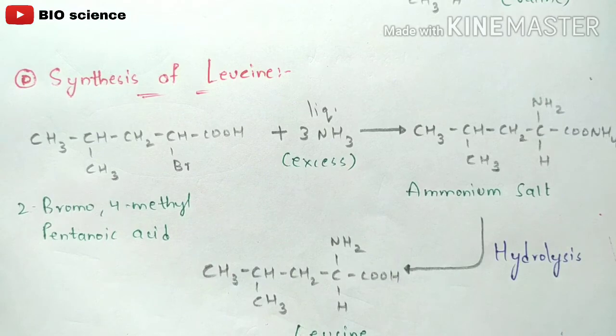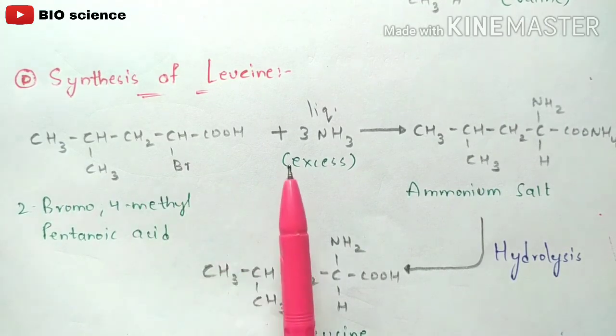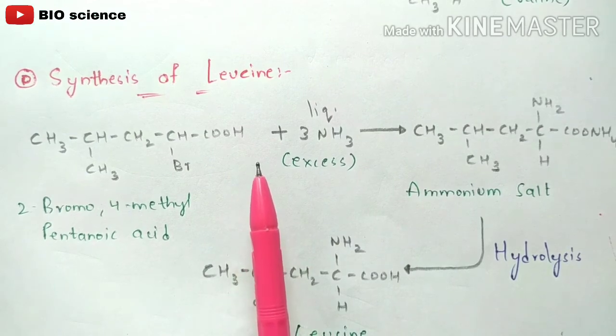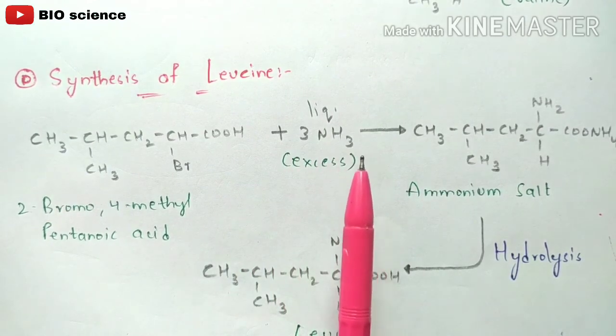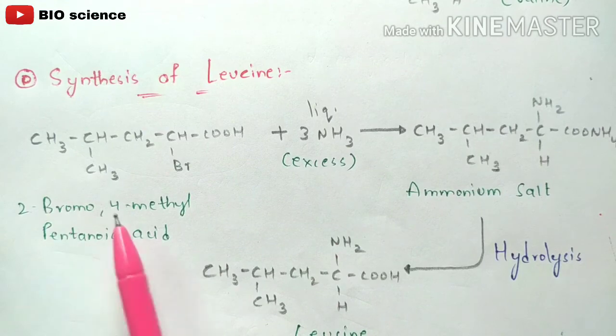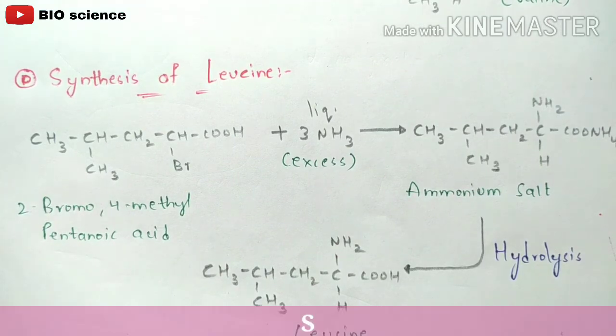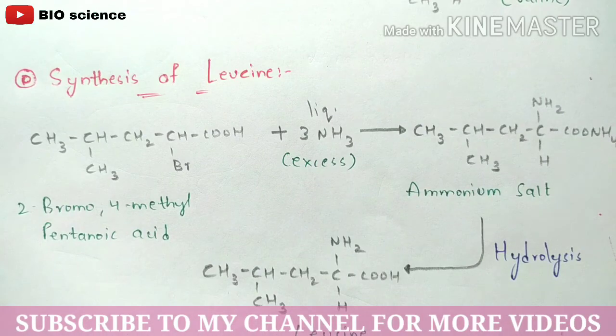So in this way, the amination of alpha halogenic acid method will be done in the synthesis of amino acids by taking all of these examples. Firstly, the example we took is glycine, which has been formed from the alpha halogenic acid itself. We form alanine from 2-bromopropionic acid, valine from 2-bromo-3-methylbutanoic acid, and leucine from 2-bromo-4-methylpentanoic acid. So in this way we form the amino acids by using the method called amination of alpha halogenic acids in the synthesis of amino acids.